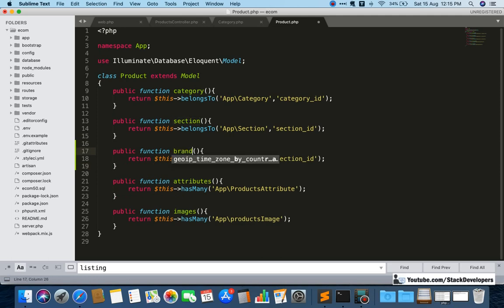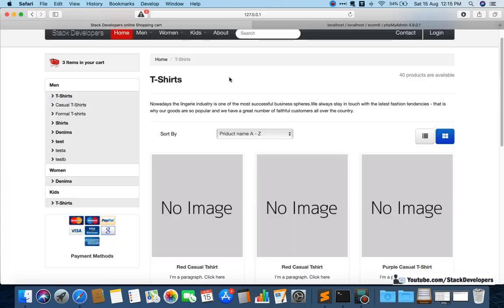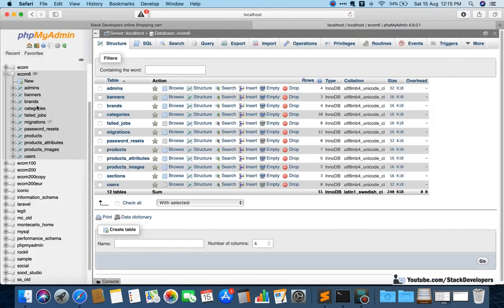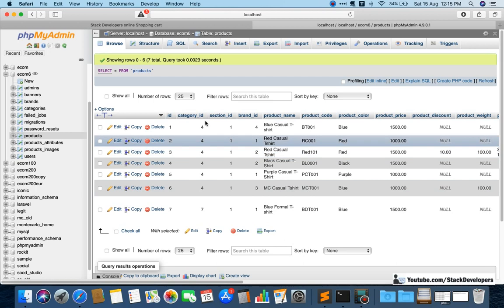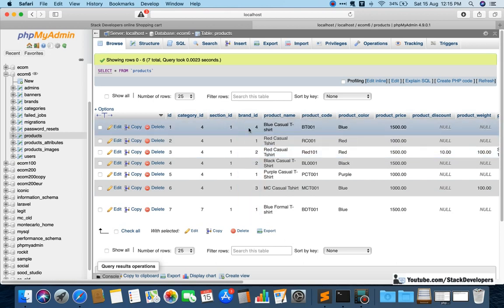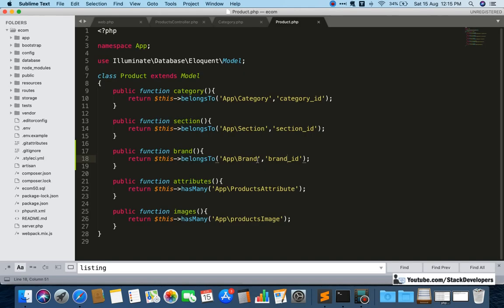Brand model will come here, and here the brand id will come. You can also see the brand id is coming in the products table. You can go in the products table and see category id is coming, section id is coming, brand id is coming. We have already done it for category id and section id, and now we have done it for the brand id as well. So the brand relation is now fine.